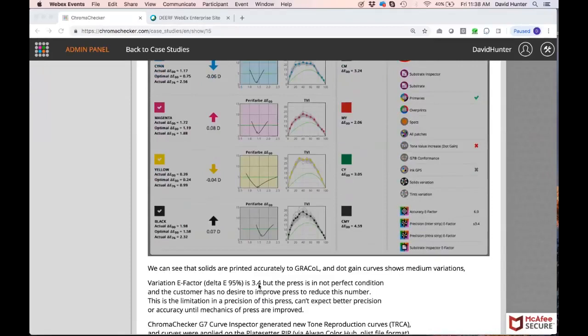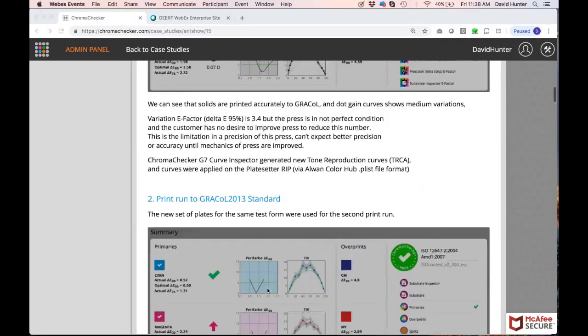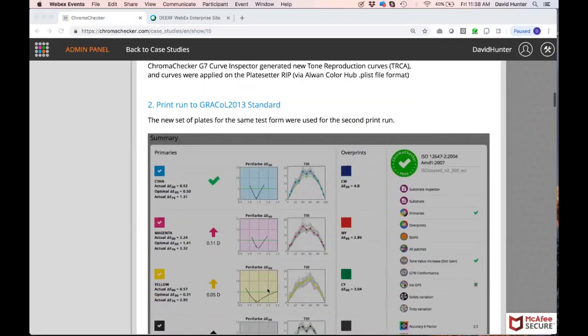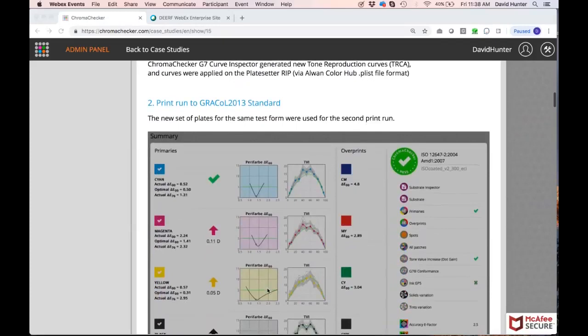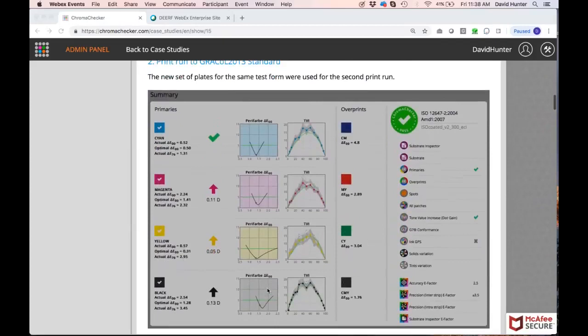But you've got to understand then that that's the variation that we're going to have in the product too. So the limitation of the physical equipment will greatly affect the limitation of the final product. And a lot of times ownership doesn't understand that concept, and that's a critical concept to understand. So we get the press printing to a consistent and uniform standard, and then we iterate our plate curves in